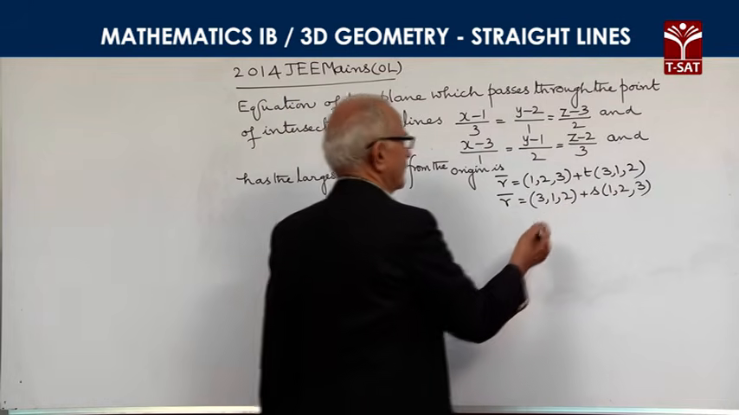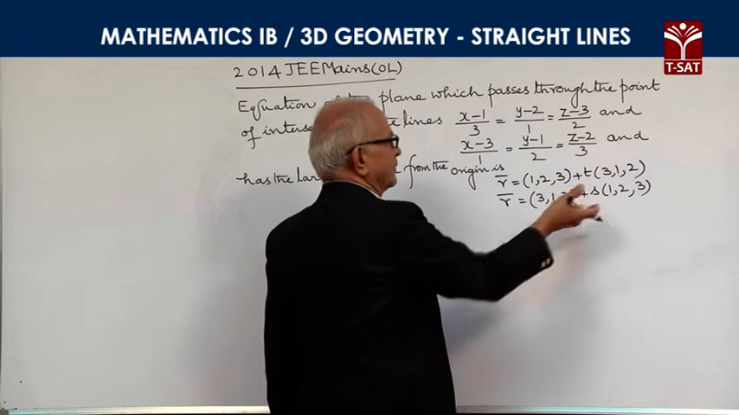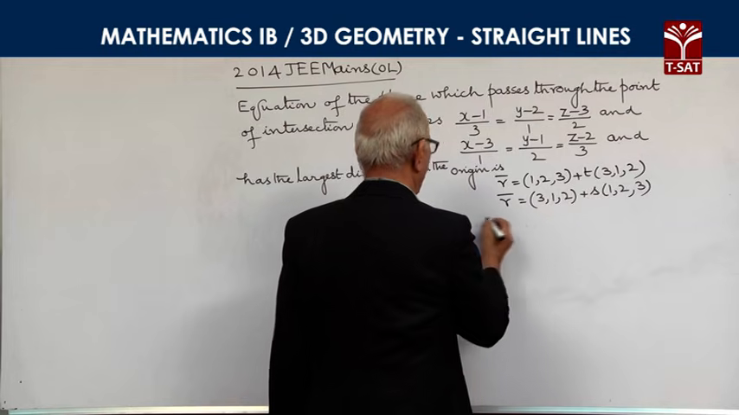So the common point of intersection is obtained by putting either t equal to 1, or because that is same as the point on the second line when s equal to 1. So therefore the point of intersection is